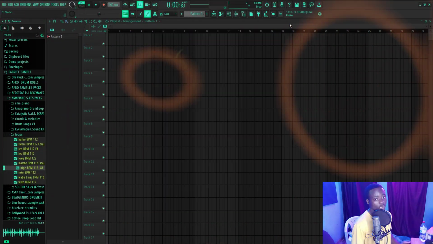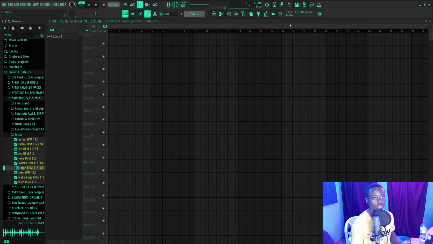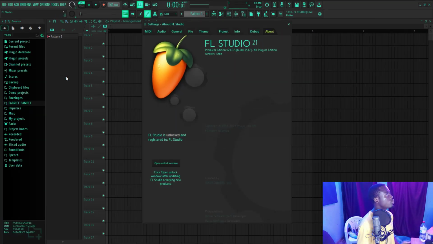I'm going to start with FL Studio 21 because I'm going to show you what 21 can do and what 20 can do. What 21 can do that 20 cannot do. Okay, so I have two screens here. As you can see, today I'm standing up. So here I have another screen, and down here I have another screen. Okay, here is FL Studio